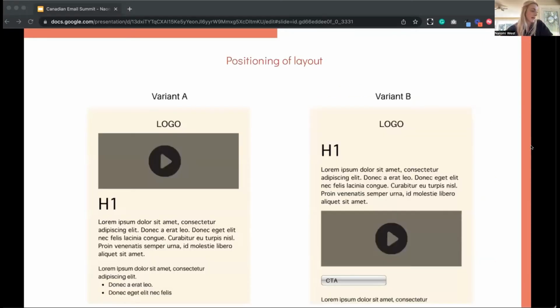The second test, this is actually part of our welcome email. And what we were testing here was, does the placement of an onboarding video outlining the product and how you can find value as a user impact engagement and conversion goal? Just to be clear, this is a faux video, so it was a GIF, because you can't really embed video within email as easily as you would like to. Does the placement of this video convert higher? So do more people, after receiving variant A, which has the video at the top, go watch the video and then engage with the product higher, or does it benefit having copy higher up?